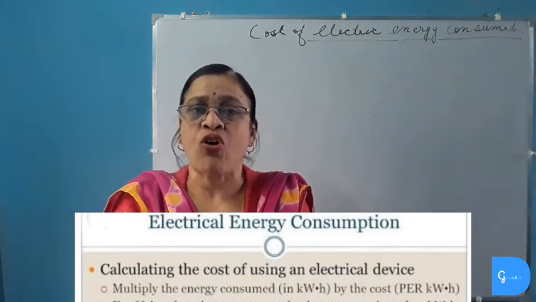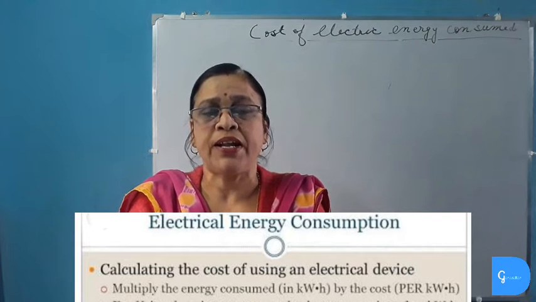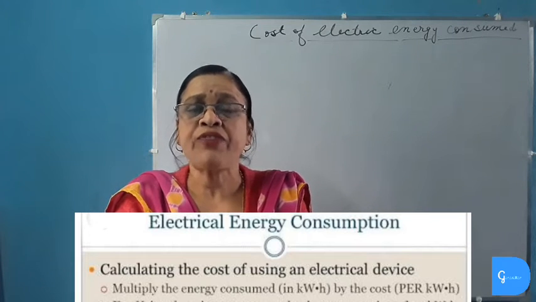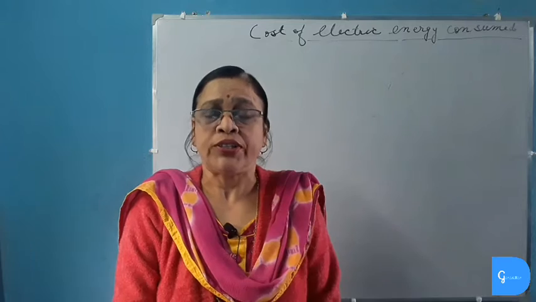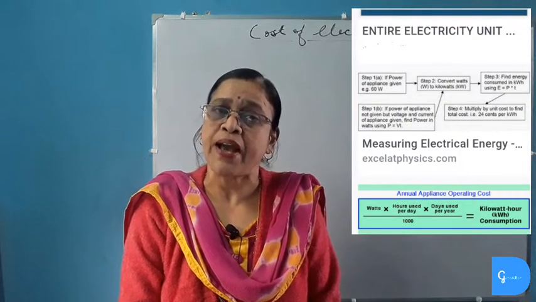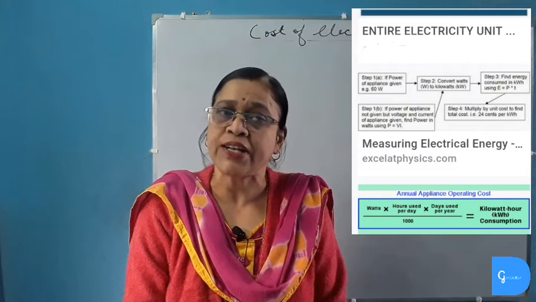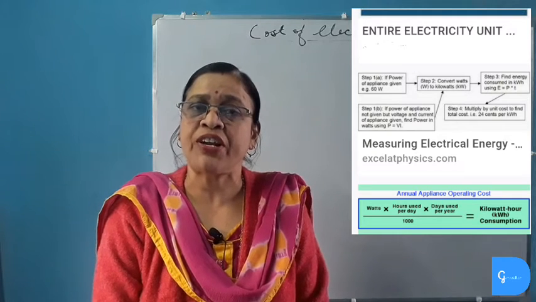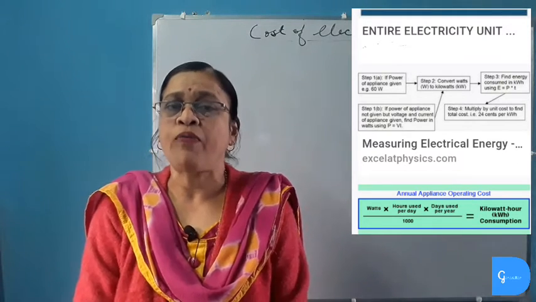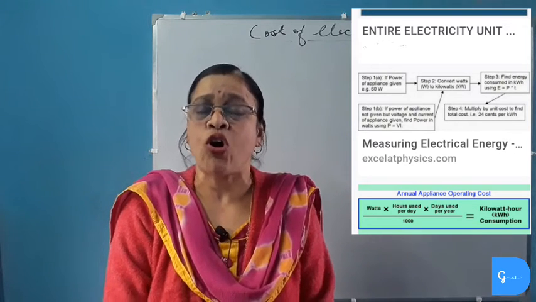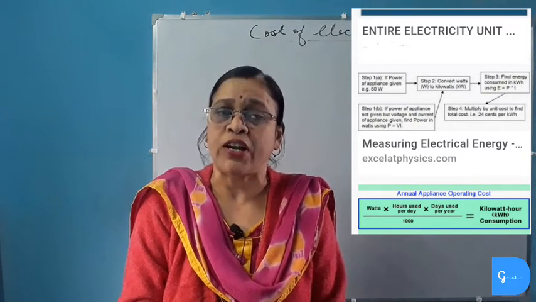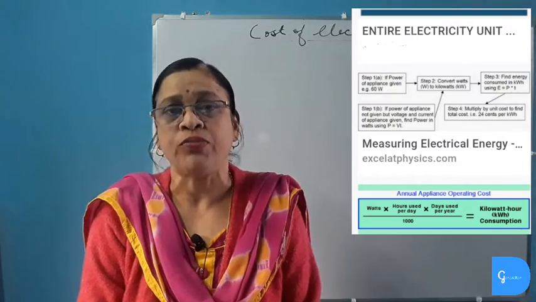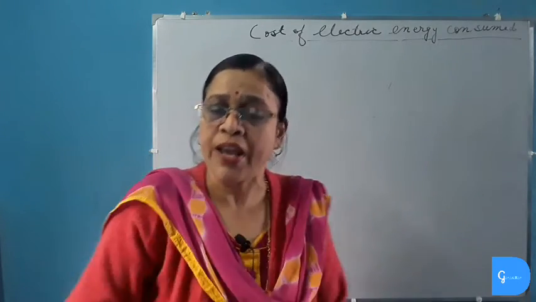So we will convert all the electric power consumed by the electric devices at home into kilowatt by dividing watt by 1000. Then we will multiply kilowatt by the number of hours for which the appliance is used. Then we will get the electric energy consumed in kilowatt hour, which the meter reading shows. So electric energy consumed will be given on the meter in kilowatt hour. Now, by knowing the cost of 1 unit, or the cost of 1 kilowatt hour, we will multiply it with the number of kilowatt hours consumed at home. It will be more clear to you by following examples.